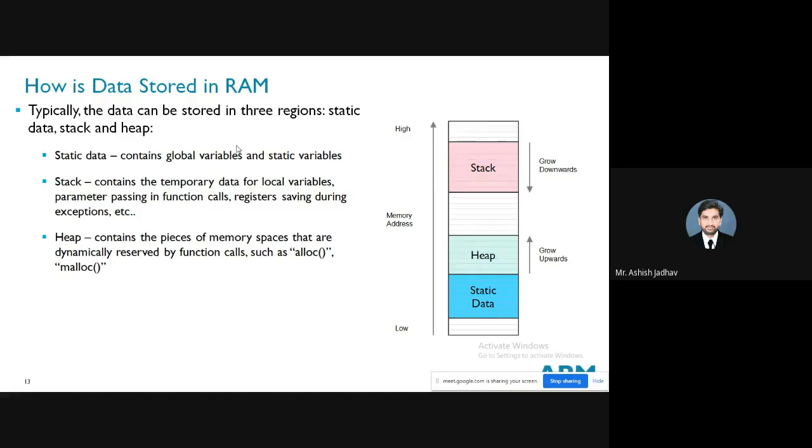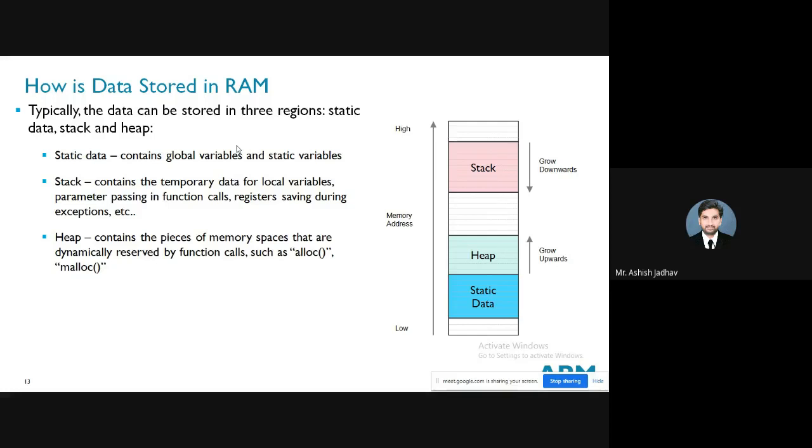This register saving can be done in the stack region. Then we have heap. Heap contains pieces of memory space that are dynamically reserved by function calls such as calloc and malloc. So these are the three different regions of how the data is stored in a RAM.